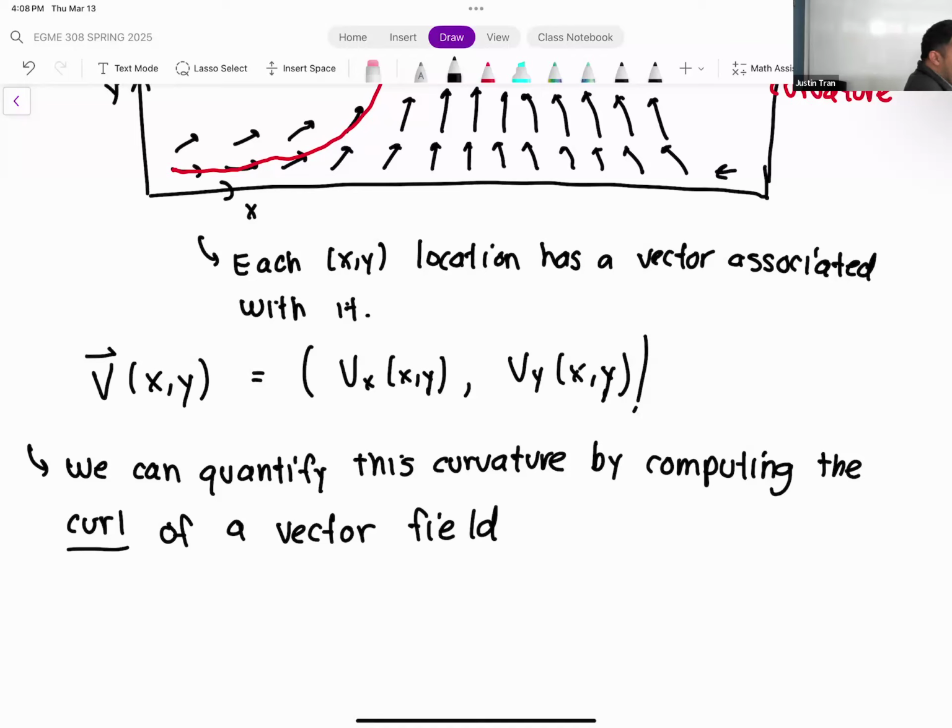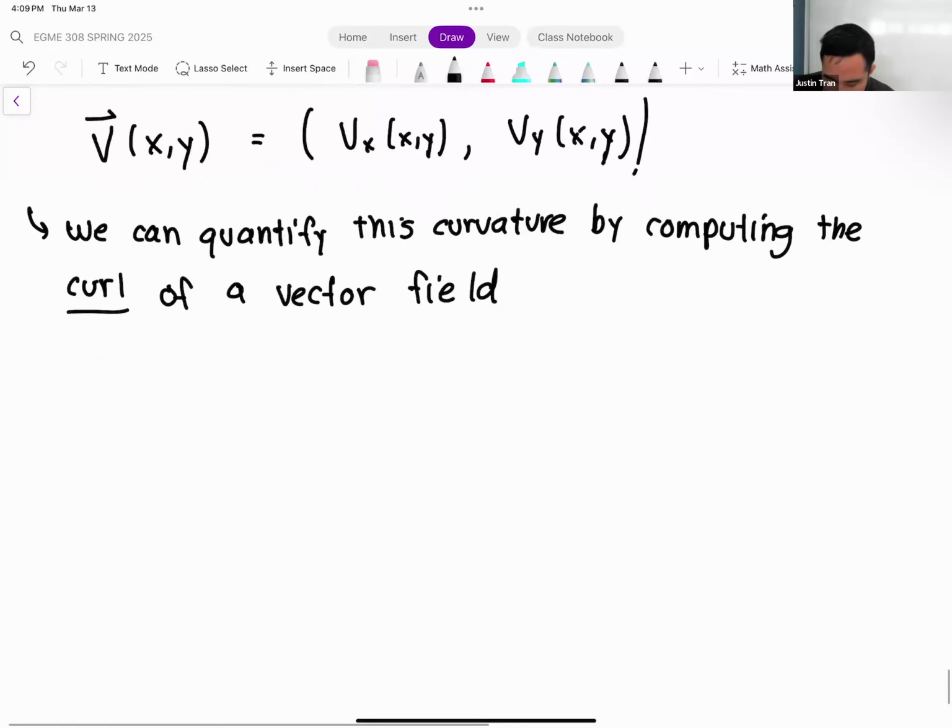So the curl is a derivative operation, so we're going to be taking derivatives. The way that we compute it is like the following. Let's say that we have a vector field V, just like we have up there. Now this V may have 3 dimensions. The way that we compute the curl is we take our nabla, our derivative operator that we've been working with since Tuesday, and we take the cross product between that nabla and this vector V. So this is the symbol for the curl of a vector: nabla cross V.